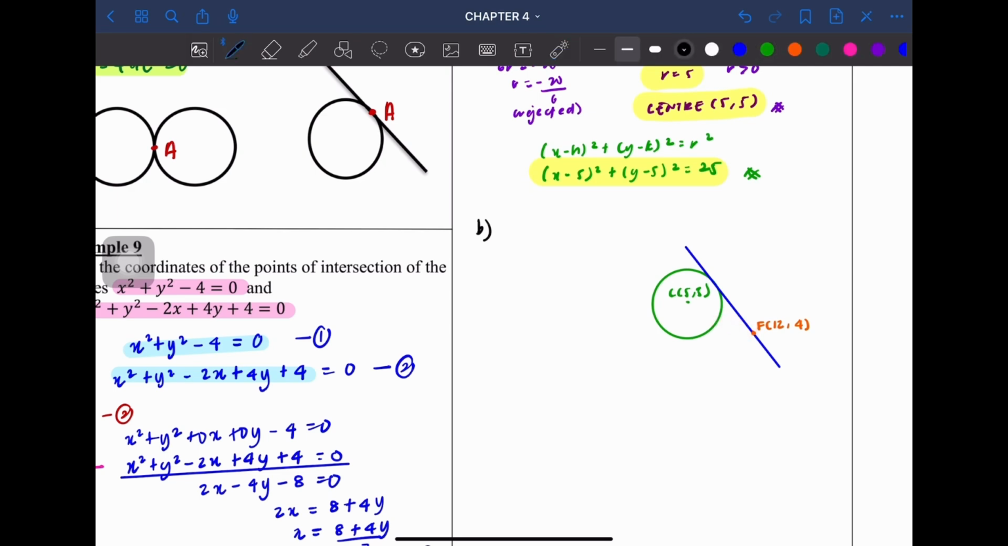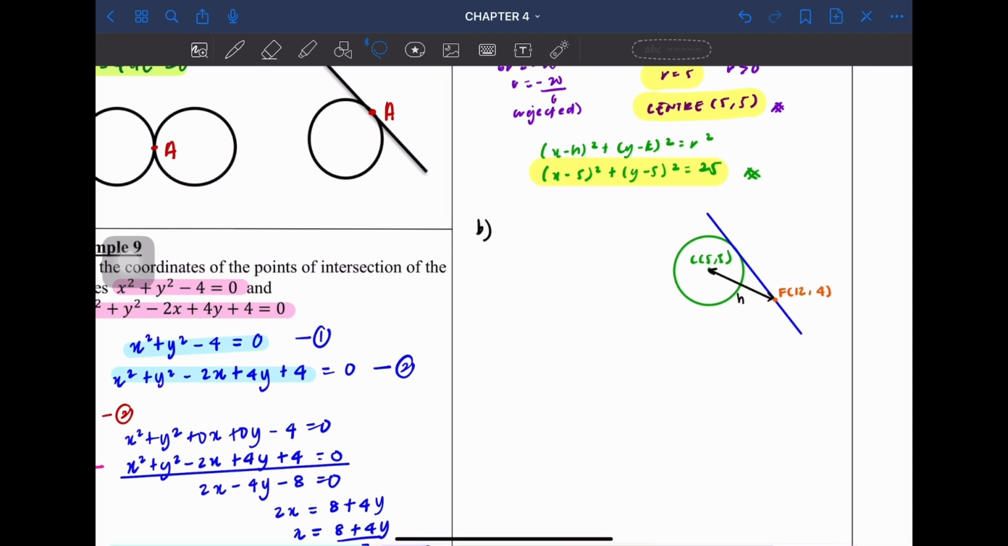So first we can find the distance from the center to point F. Let's say I label this as H. You can find the distance between the center and F. So how do we find it? Using the formula for distance. By using the formula for distance, H is equal to